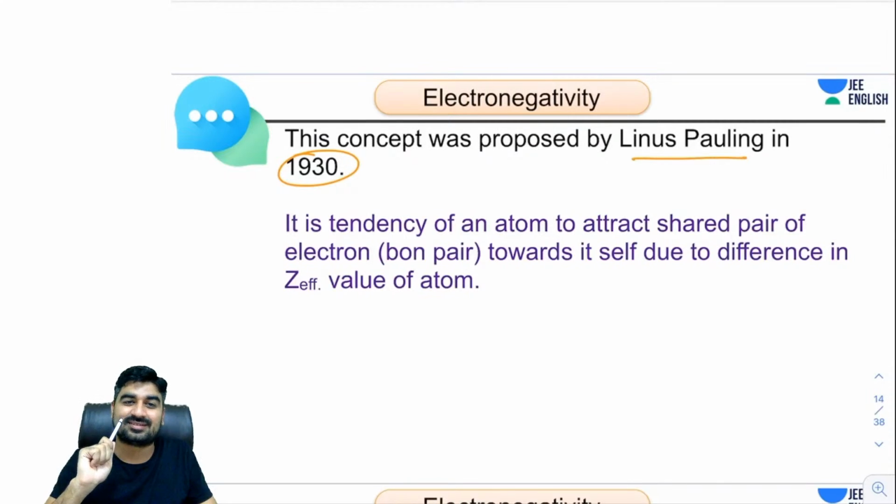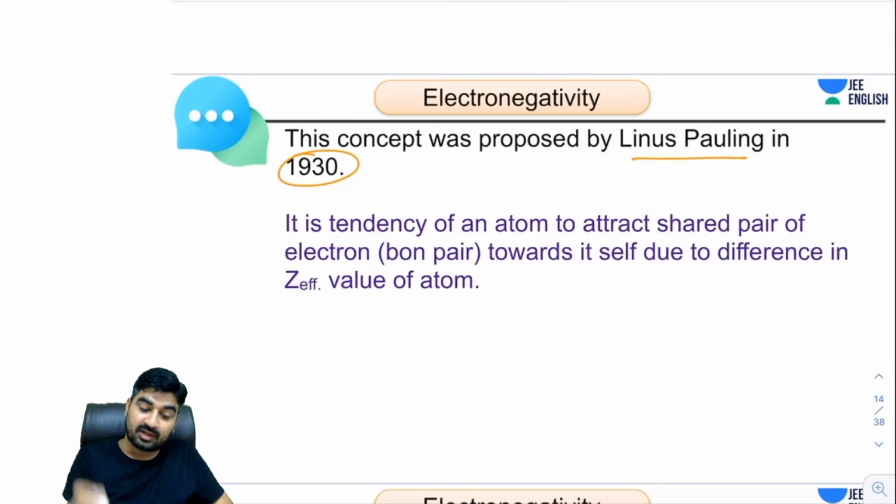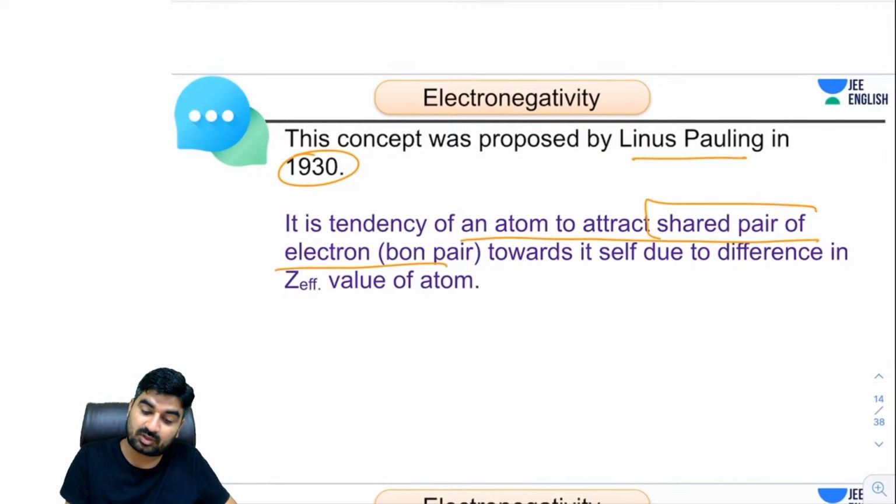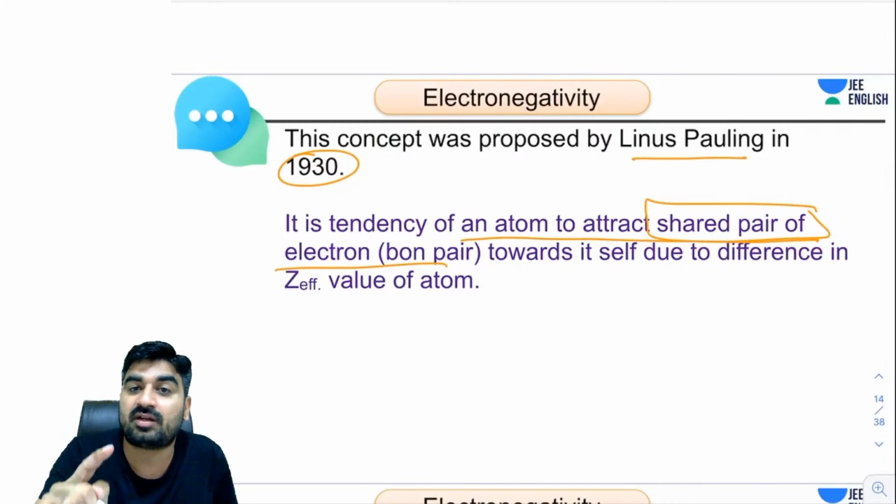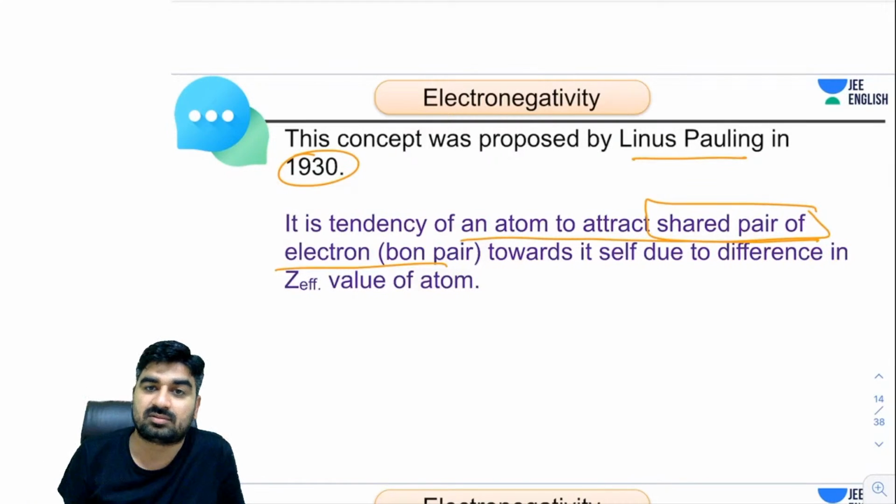90 years back. Think how smart he was. But we are studying it today. He taught it, he discovered it 90 years back. What he said, what is electronegativity? It is the tendency of an atom to attract shared pair of electron. Very important point. Students often miss it. It is the tendency of an atom to attract shared pair of electron towards it